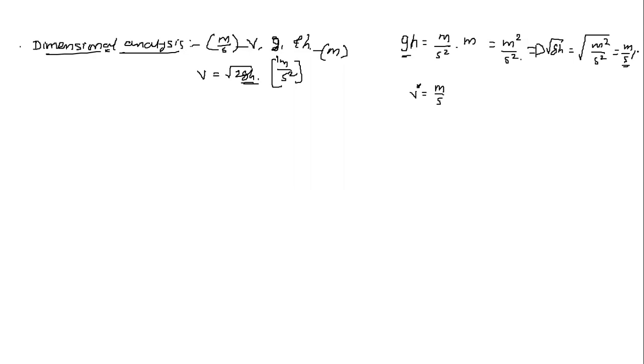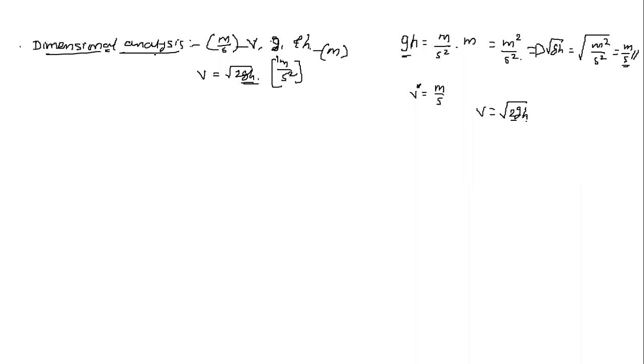It means that here we are getting the functional relationship between v, g, and h as v is equal to root gh, but we know that a standard multiplication factor of 2 exists therein. So for getting the functional relationship between these three variables, we took their units and checked the combination of those units to see whether any functional relationship exists. That checking of the functional relationship by using the units of the involved physical quantities is called dimensional analysis.